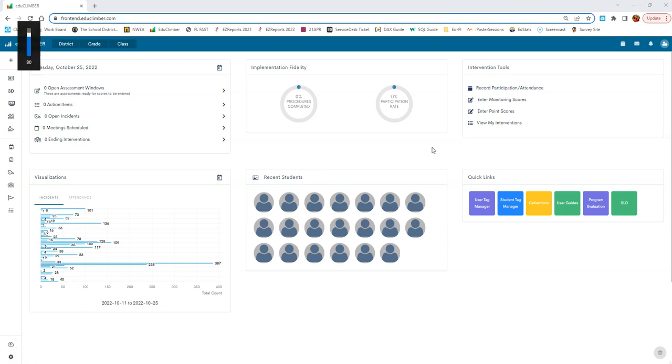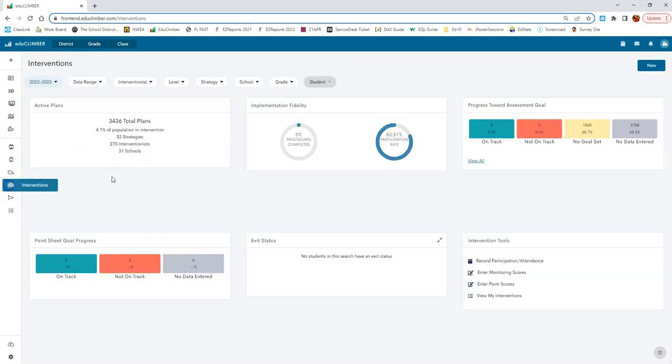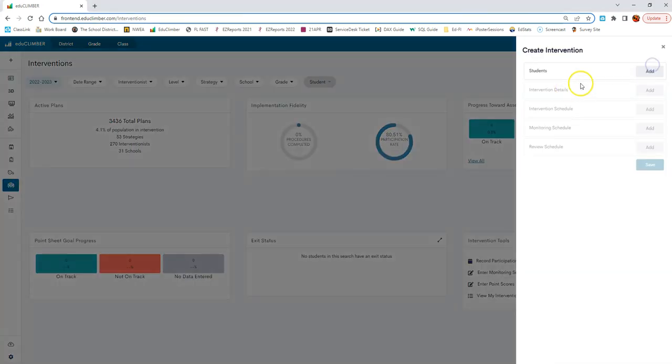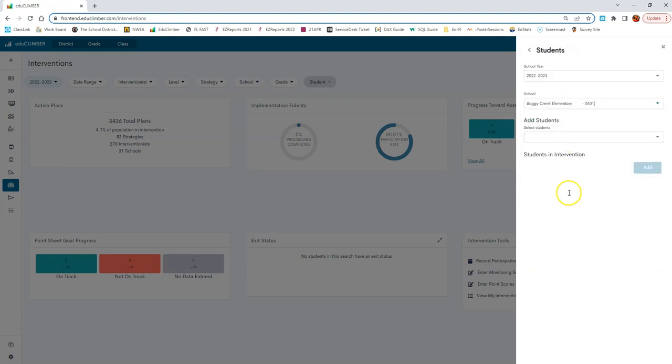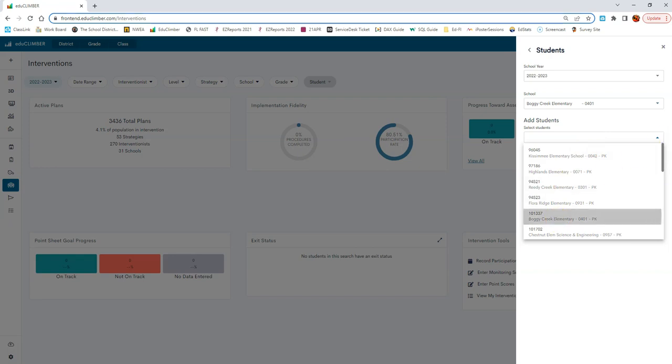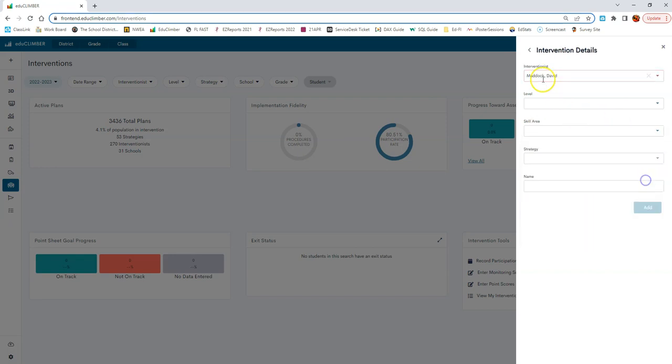So you want to set up a behavioral intervention in EduClimber. Just like with academic interventions, we do this easily from the Interventions tab. We're going to click New, select an intervention, and find our student. We'll click Add, and we'll say for this it's a Tier 2 intervention, but instead of picking literacy or math,